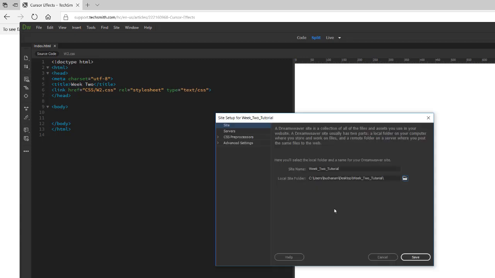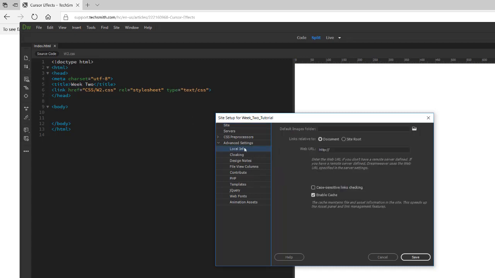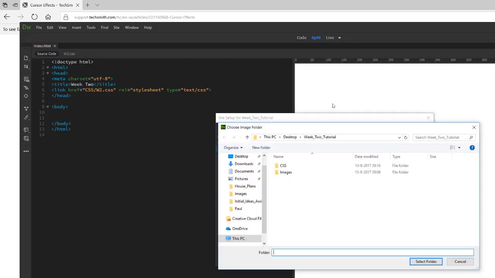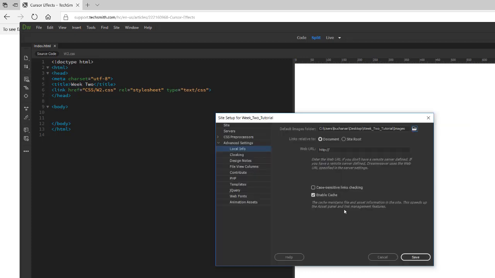So we've already made and linked our files, so it's just a case of just mapping them. So we can now go to the advanced, and this is always by default. It's good to identify where your image folder is. So at the moment we'll just look through the local info, and we'll look for the default image folder. If we click this, and it's already there for us because we made it earlier on, just click that. We don't have any images at the moment, but we can just select folder,